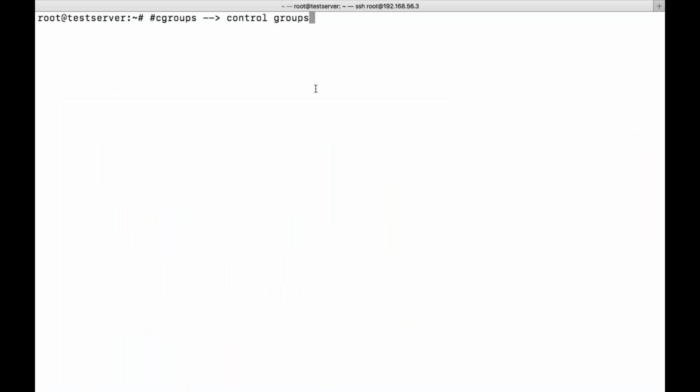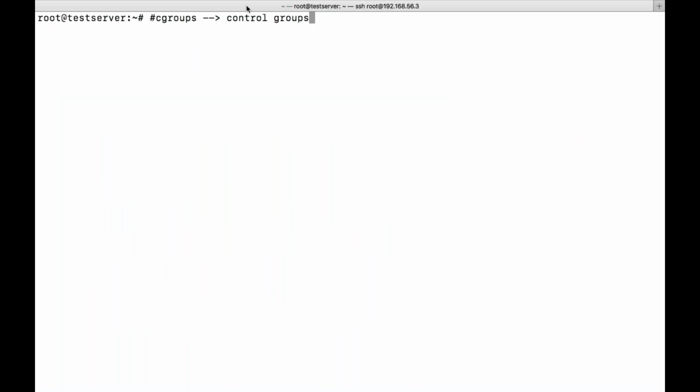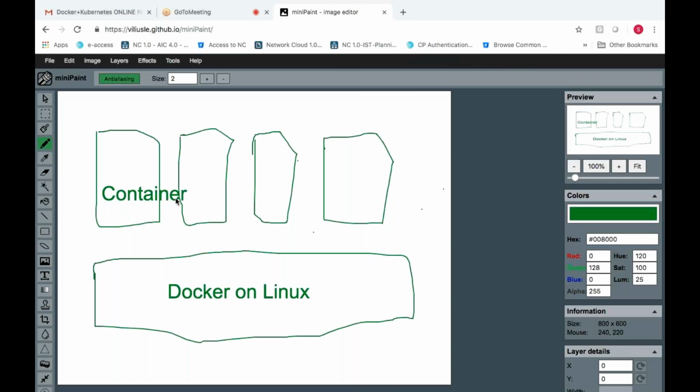It will manage. If you say allocate, we can also allocate a fixed amount of RAM to my container. I can do that. So what C groups will do is ensure that my container is not crossing more than that particular amount of memory which is allocated to my container. So that will be taken care of by your C groups.